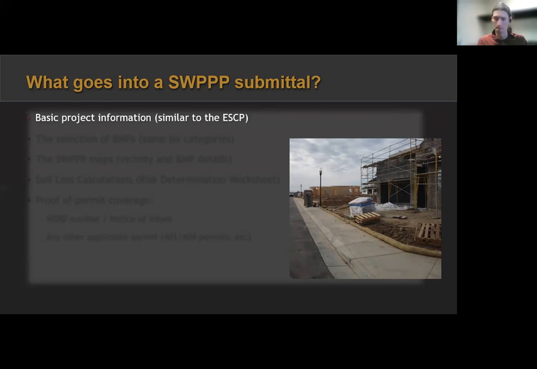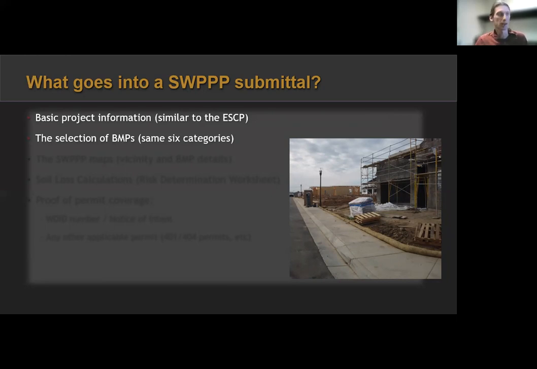You need a couple other things included, like who a QSP is, where site documents are going to be located on site, more contact information, that type of thing. Because they are larger projects, they are more involved. There's just a little bit more information that needs to go in there. But you still need the same 5 categories, not 6 categories, of BMPs met.